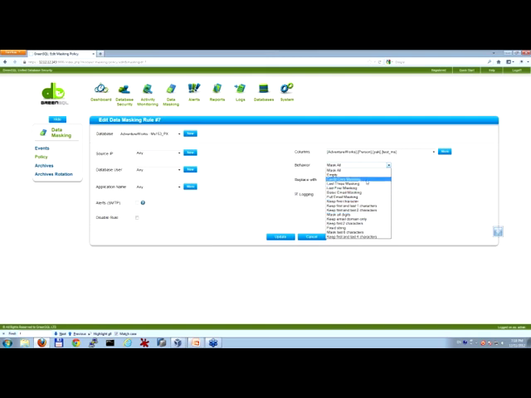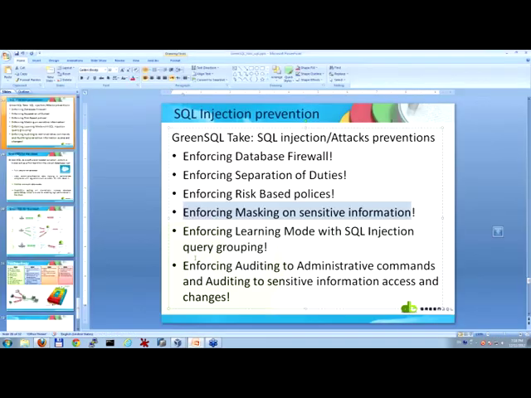I can mask credit card information, I can mask email addresses, I can mask keeping only the first 4 characters or the last 4 characters if I wish. But using the masking mechanism, I can decide that even if it's a DBA who tries to retrieve sensitive information from the database, the information will be masked in order to reduce the level of threat.